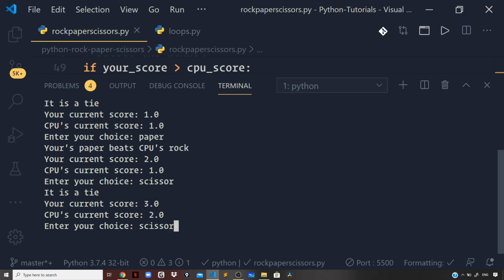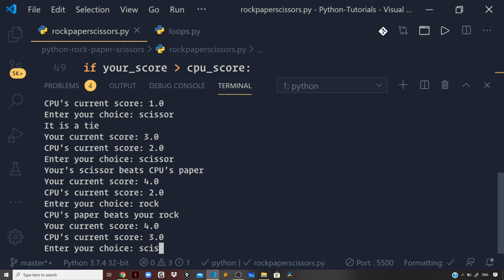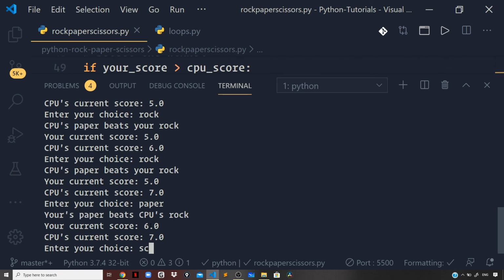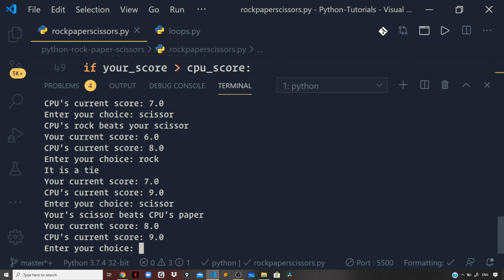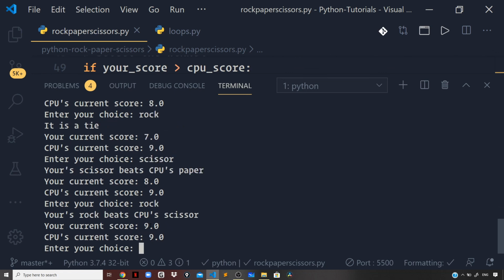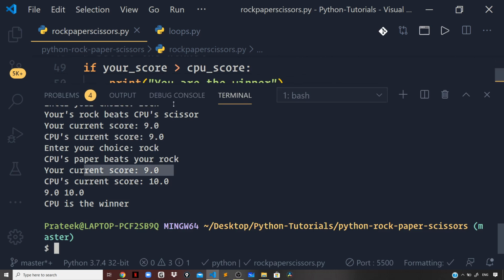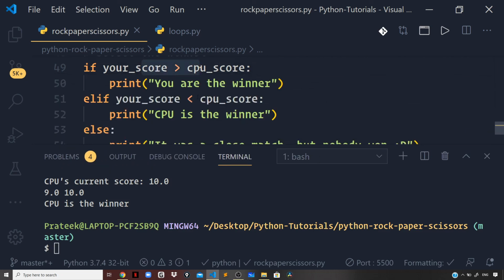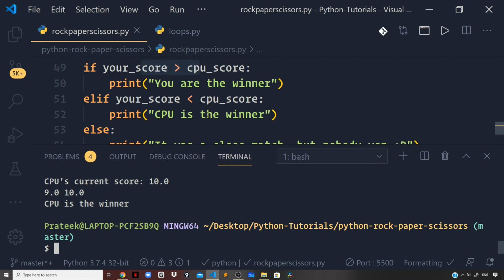And let us do some random selections now. So scissor, rock, scissor, rock, rock, rock, paper, scissor, rock, and scissor, rock, rock. Okay, and finally this check runs, it compares both the scores, and finally it declares that CPU is the winner. So this was a very small exercise that demonstrates everything that we have learned thus far: booleans, numbers,